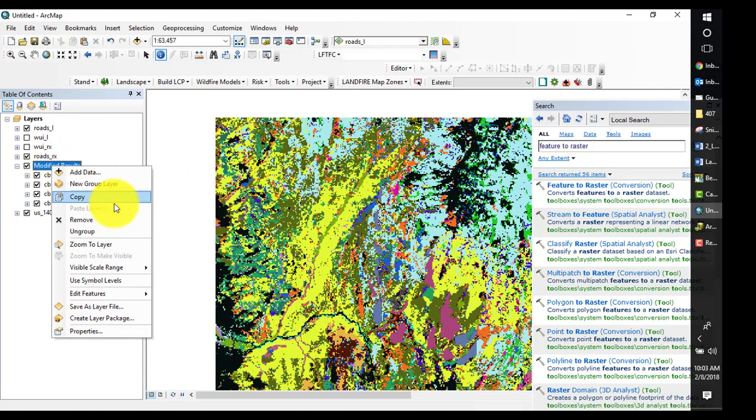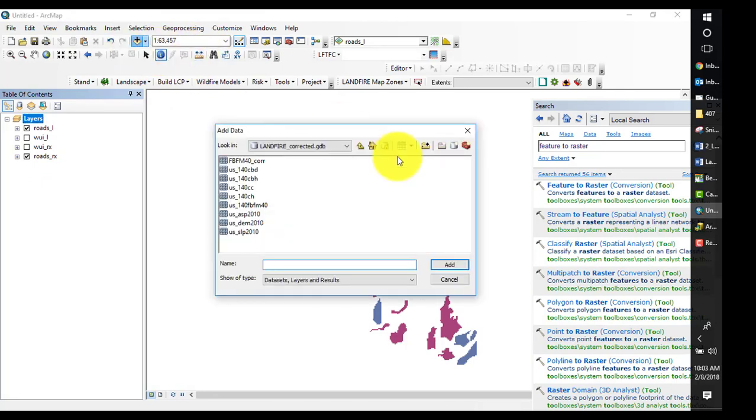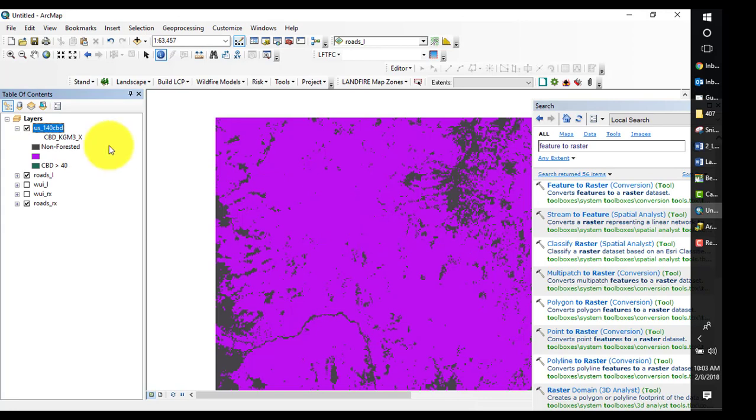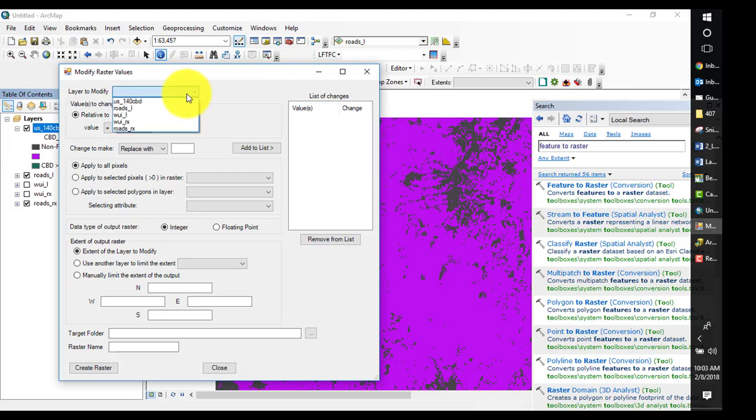So we're going to remove our modified results, remove canopy base height, and add canopy bulk density, which is our next feature to change. Same process, different numbers. Modify raster value. Our input's going to be canopy bulk density. This time we are going to be multiplying it by a factor. So anything that is